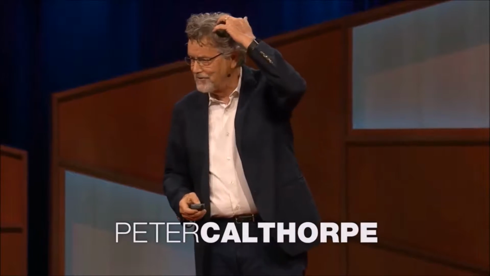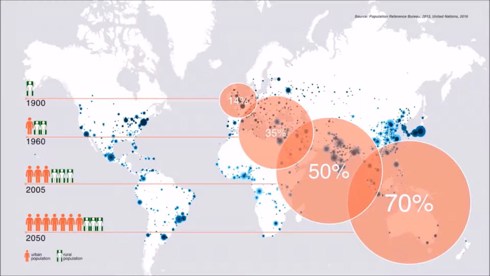So let me add to the complexity of the situation we find ourselves in. At the same time that we're solving for climate change, we're going to be building cities for 3 billion people. That's a doubling of the urban environment. If we don't get that right, I'm not sure all the climate solutions in the world will save mankind, because